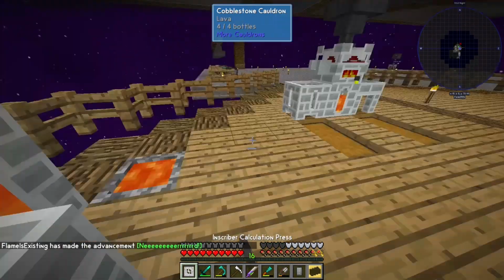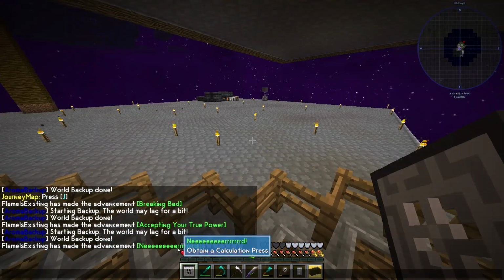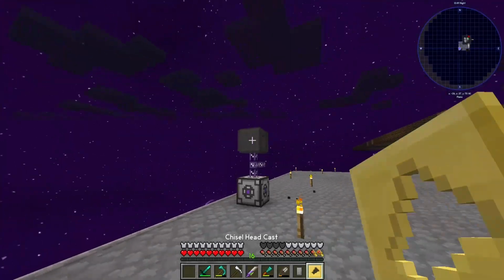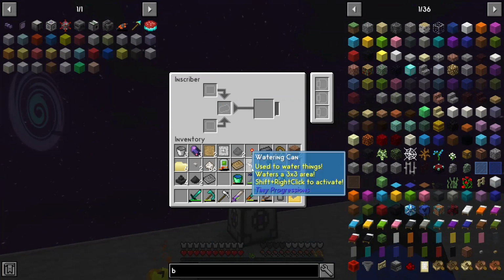And we have our new press right now. There we go. Oh, and the achievement's calling me a nerd. That's great because I obtained a calculation press. And I'm going to get my silicon press as well. I'm not gonna